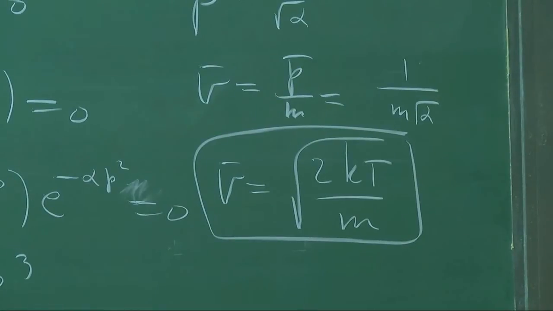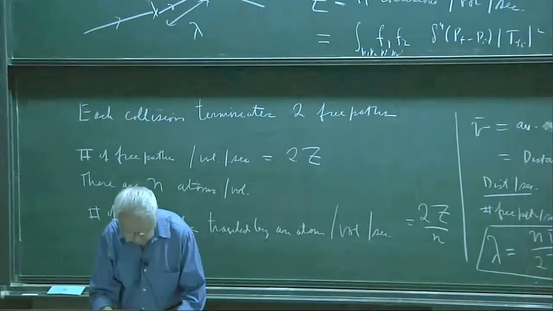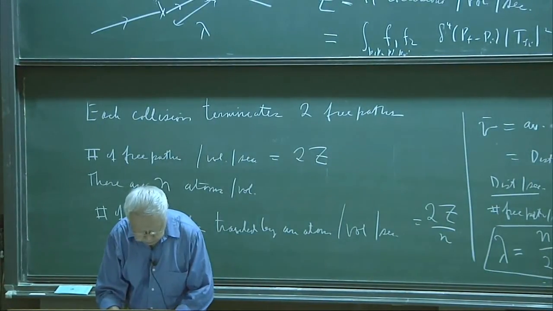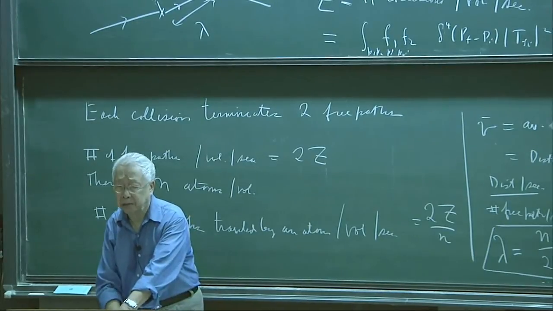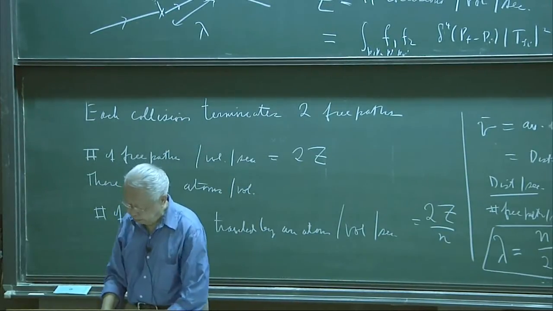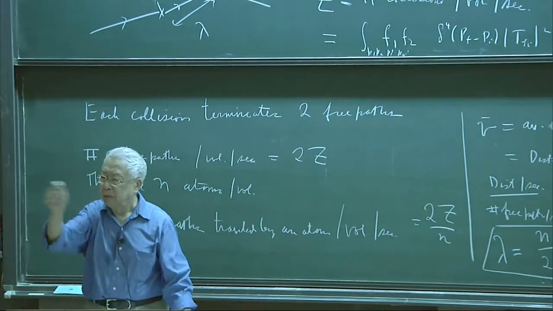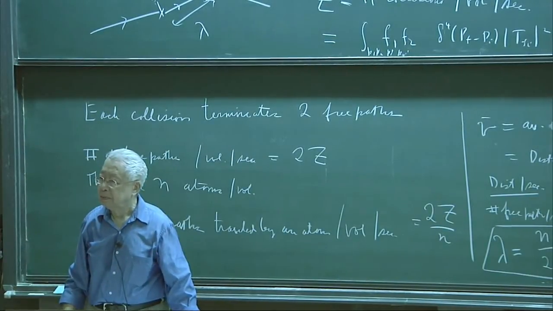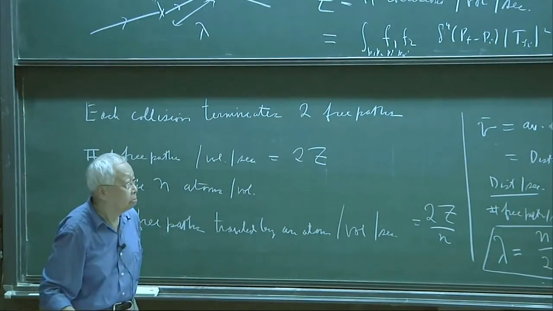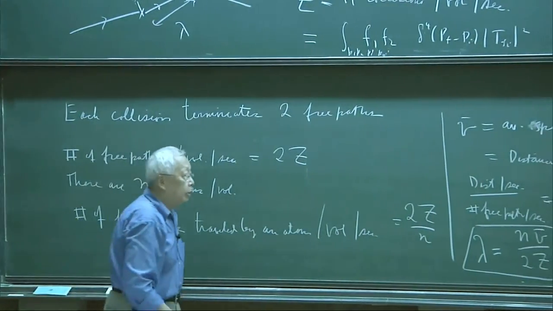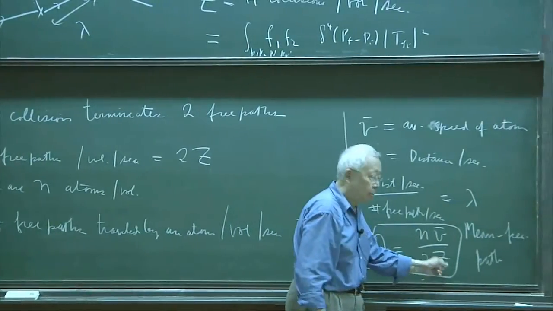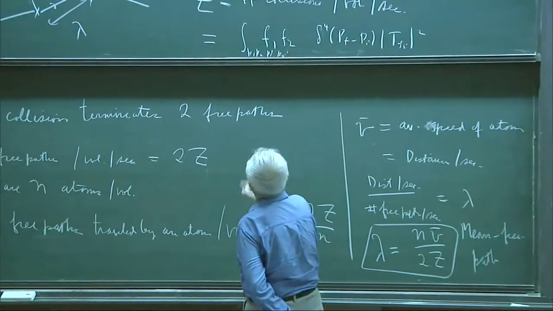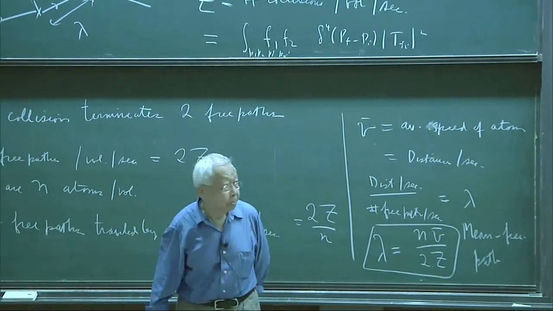Now, if you put in some numbers under standard conditions, this is rather a large number. I think it's something like, I forgot, 10 to the 5th centimeters per second, something like that. So in that little cube, I'm just going like mad, like crazy. That's the average velocity. So now we have this. Now we have to compute z. And z is given by this expression. So let us compute that expression.